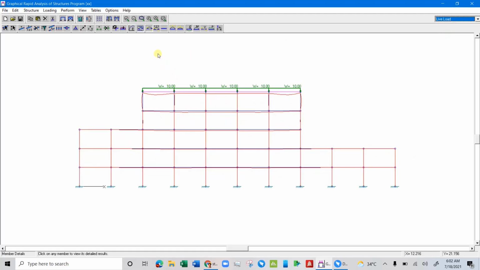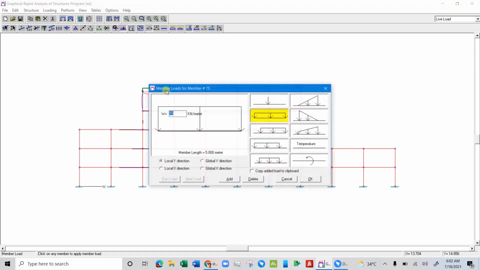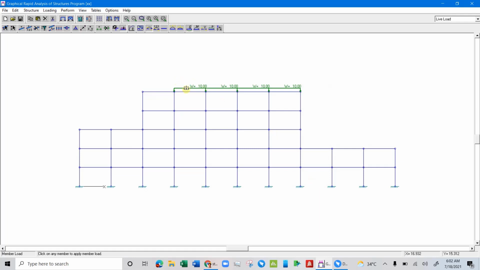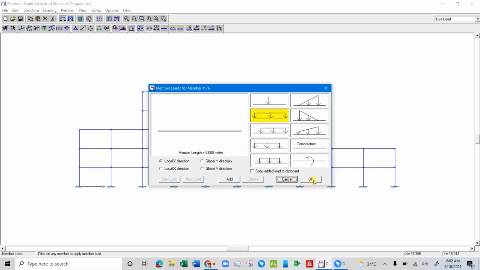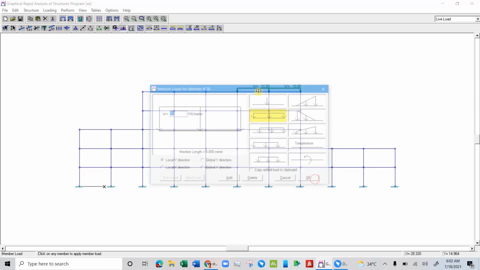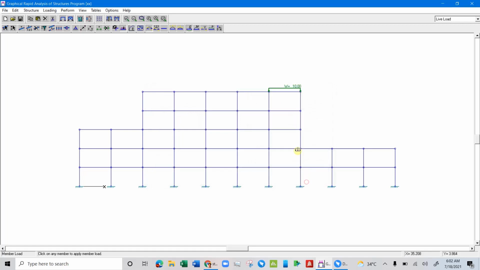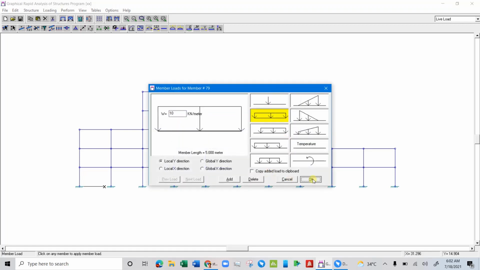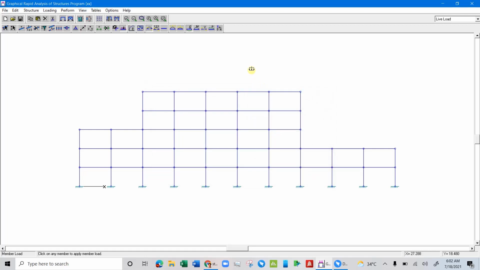Okay, let us try to go back to live load, and we'll remove the loads here so that we will see if there is a result. So we'll just delete, and then we'll delete it also. This is how you will delete the load that you applied. Okay, then delete. Okay, then delete. Okay, delete. Now, I want to analyze if really there is a self load,